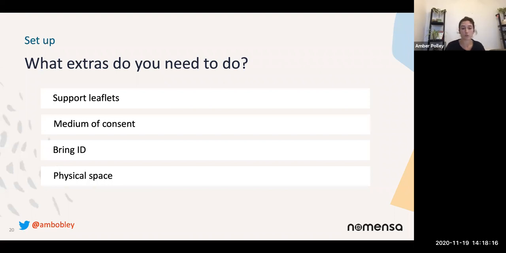Think about if they're going to bring someone with them. Are they able to sit next to each other? Do you have the space for that? Are they going to be sat nearer to the door so they feel they can exit the room comfortably if they want to? And you really need to tell all your colleagues that this is happening. Put signs on the door saying please don't disturb, please don't walk in, because it'll be the worst thing for someone to walk in as someone's disclosing something quite emotional and you have to interrupt them.